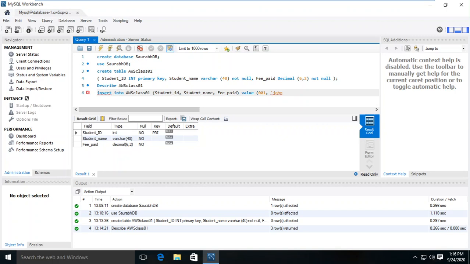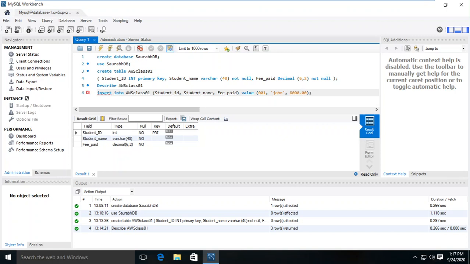Thereafter after the name we again put the comma. Now we are going to put the payment, fee paid. Maybe this guy has paid, let's say that 5000 INR. So I will just put here, let's say that 5000, or maybe he has paid 8000. So I will put here 8000 dot 00. That's the paise, that's the INR, rupees and paise. And that's all. That was my entry which I want to insert. So I will close the bracket. I will add like this. And now we are ready to add this information.